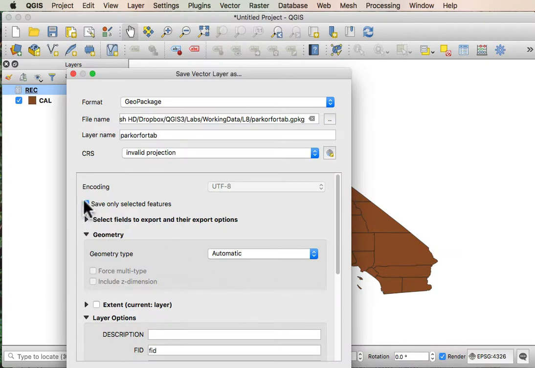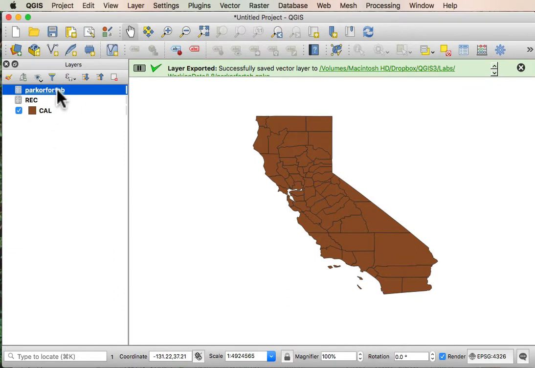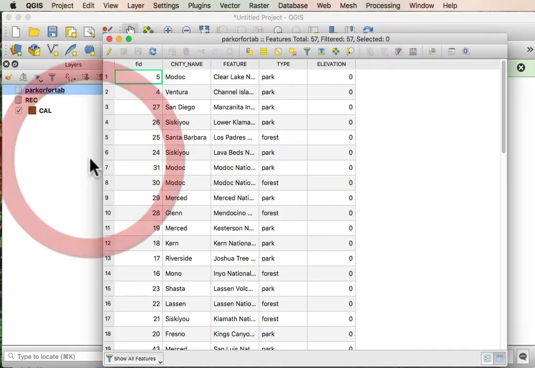I make the geometry type no geometry, and then this invalid projection doesn't make any impact. This no geometry means I'm only asking for the output of the table, and so when I run it, I get this park or forest table,